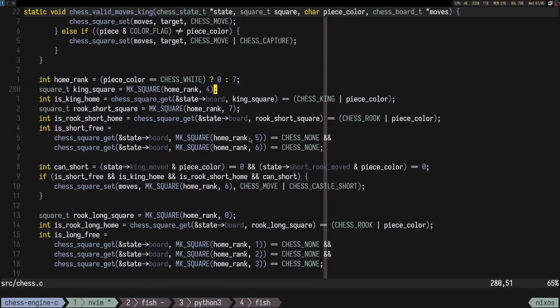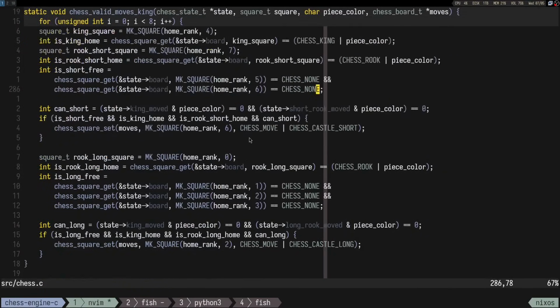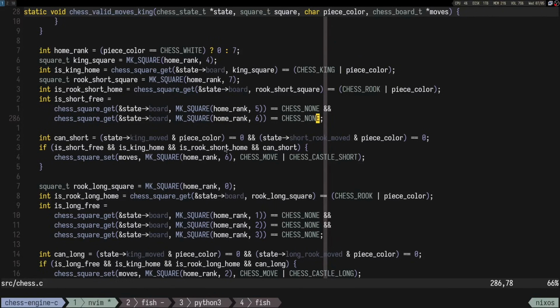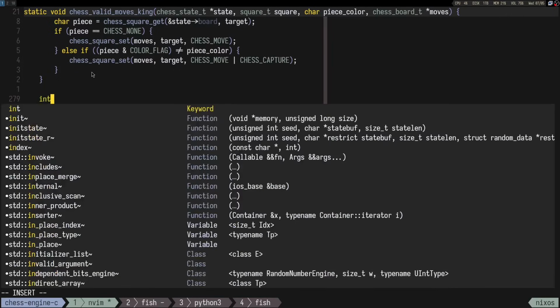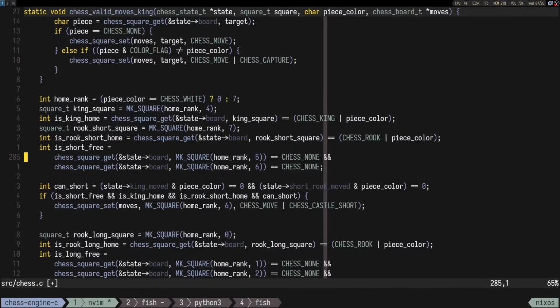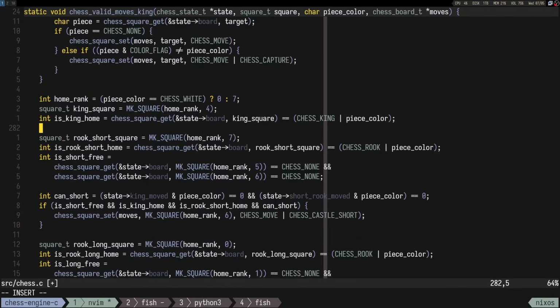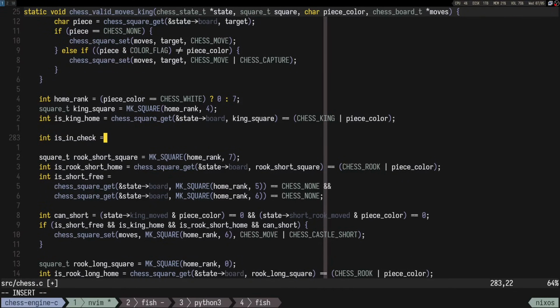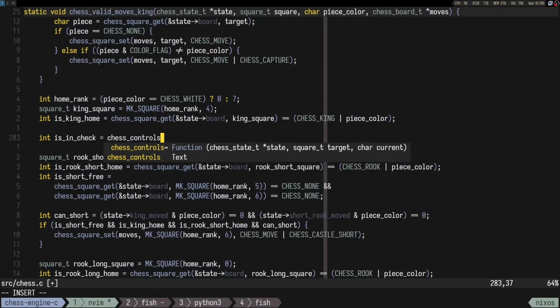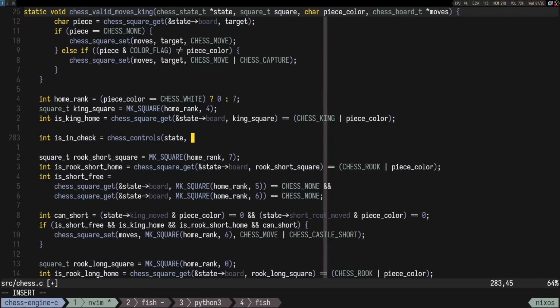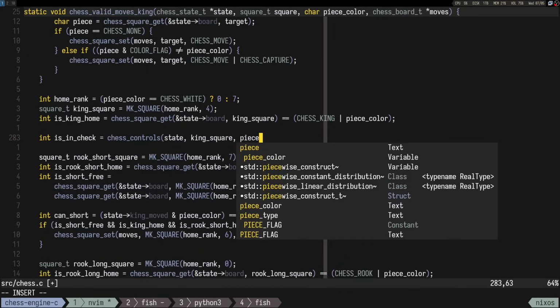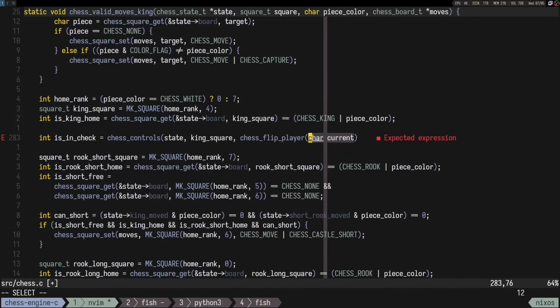So when we are doing the move king, int is_in_check should be chess_controls state target current, state king_square, and the color, flip chess player, piece color. So is in check,